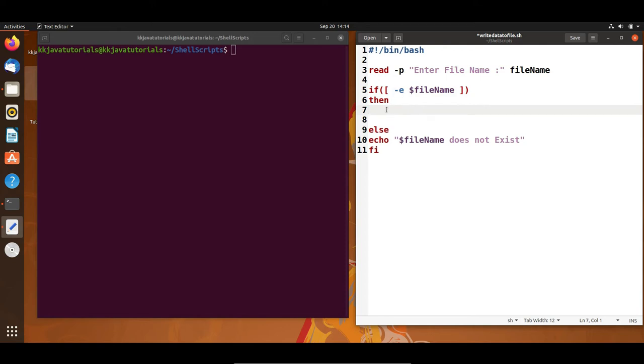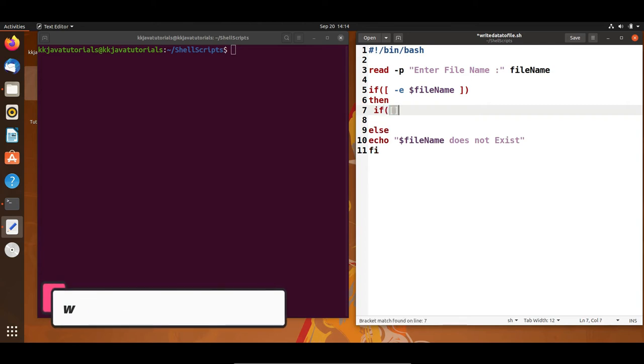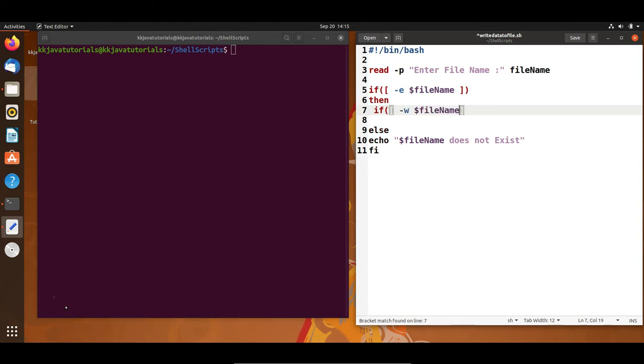If this file exists, then I will check whether the user has write permission or not. Again I'm going to use if, and of course you have to give a square bracket and a space. To check the write permission the flag is -w, and of course you have to give this file name and a space as well. After the opening bracket you have to give a space, and after closing the bracket also you have to give a space, else you'll get a problem.